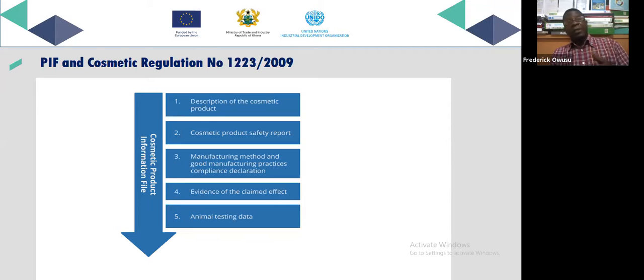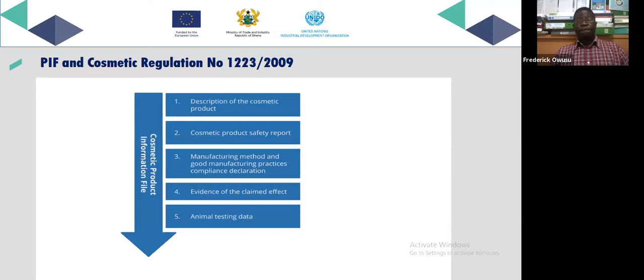And in your GMP, the one that is based on the ISO 22716, describe how the process should be controlled, followed through shipment. So it's talking about good manufacturing practices and the compliant declaration. And last week, I explained how you can do this self-declaration. It is not asking you to have a third-party certification as such, but they said your PIF file should be accompanied by a declaration that your GMP, that's a good manufacturing practice, is based on the